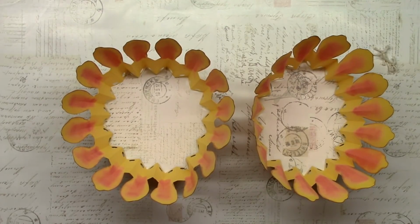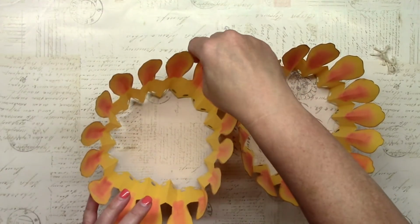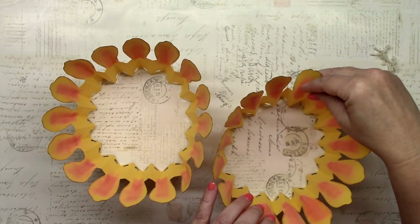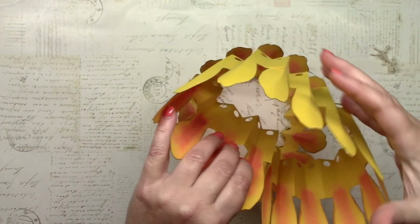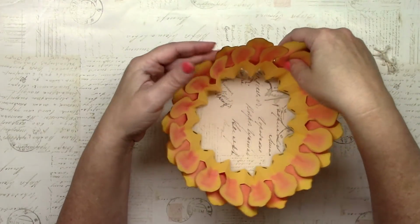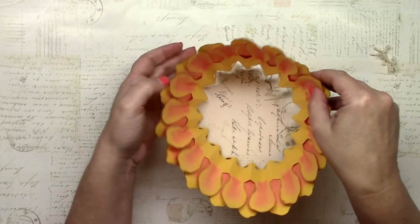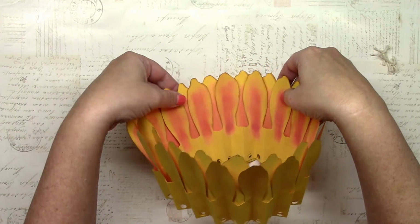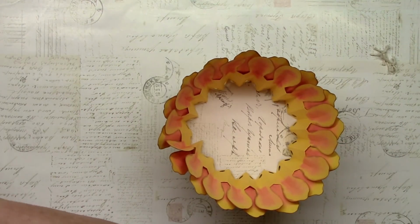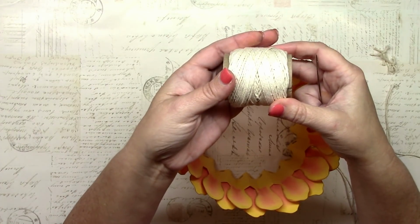So at this point I've done the same procedure I just showed on the other two petal pieces, and so now I've got one on the left which has the valley fold in the middle of the petal, and the piece on the right has the mountain fold in the middle of the petal. So what I'm going to do is stack my petal pieces inside of each other, and because I've done the opposite fold in each of these sections, they'll lay like this with a petal in between each other, and the folds will match. It's at this point that I will take some twine, this is baker's twine, and a darning needle,